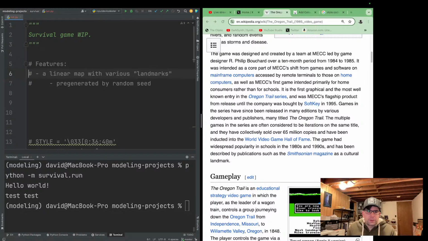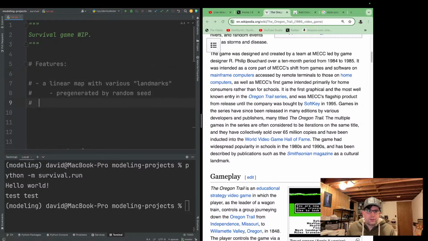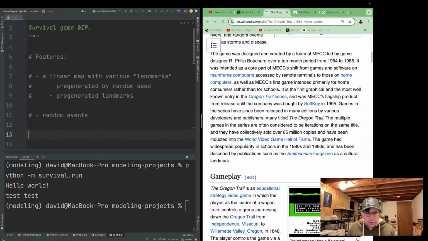So there are pre-generated landmarks, but then random events too. Random events along the way are kind of a separate thing.